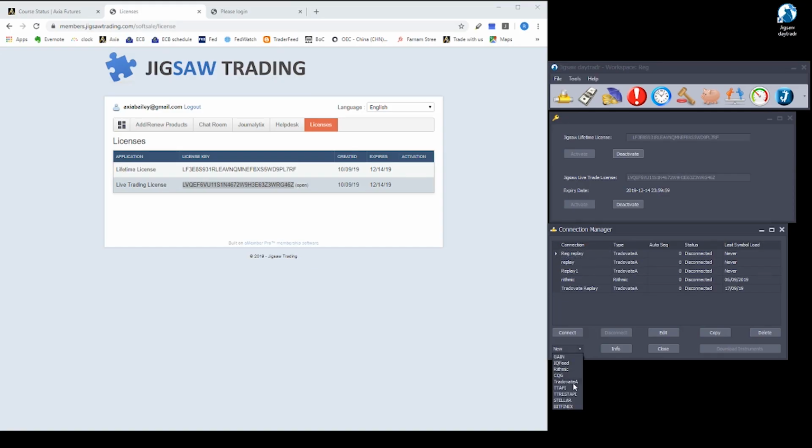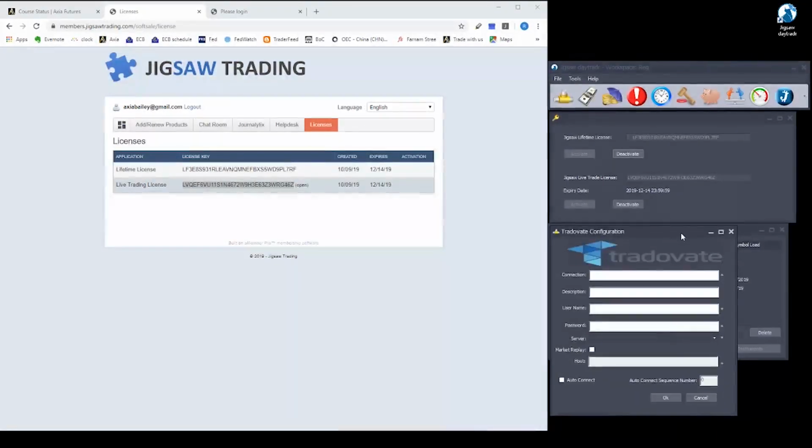Follow the drop down at the bottom, so you're looking to create a new connection to Tradeovate, and once you get that new connection to Tradeovate, this is where you then add in your details. Now the connection, it can be anything you want to name it, so name it something that is recognizable by you, something that is going to be obvious to you. So in this case, for myself,